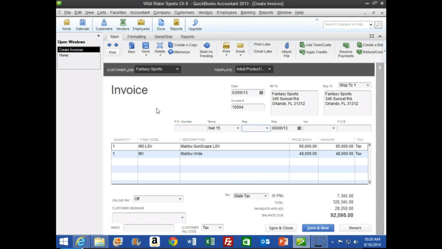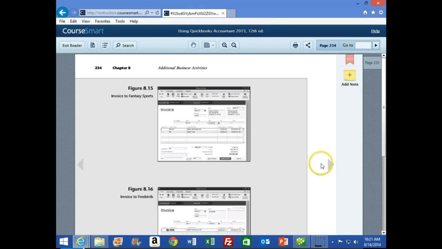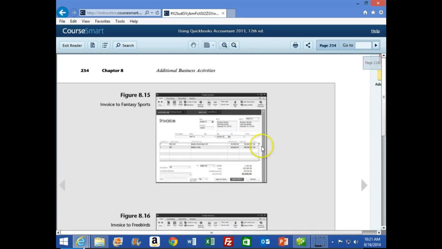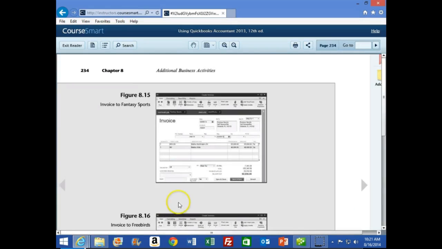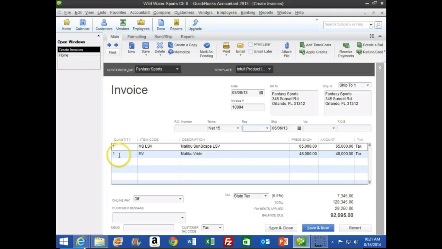Okay. 6 as the ship date, so the ship date is correct. And then we can hit save and new. So we're going to make it look like this basically, and then select save and new. Of course, we could double check that by taking a look at the book here. They say on the next page we should basically look like this, even though you can't see it too well. But the bottom line number here is 92.96. Is that right? Alright, we are off by $1, but I'm going to call that rounding, and we're going to hit save and